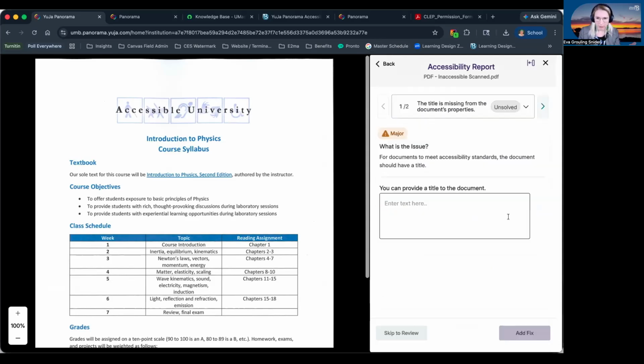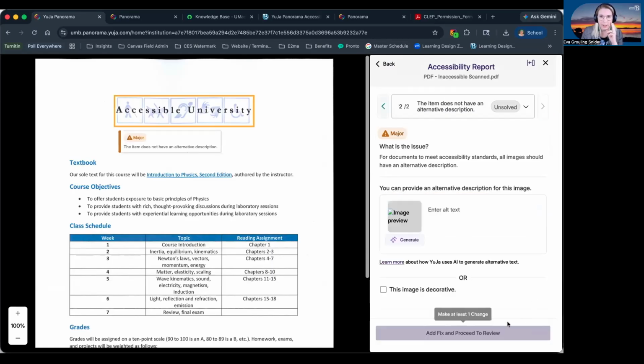So what we can do here is add a title to the document. So I'm going to say Introduction to Physics for Syllabus. Okay. Then the second issue is that this particular image does not have an alternative description, alt text.